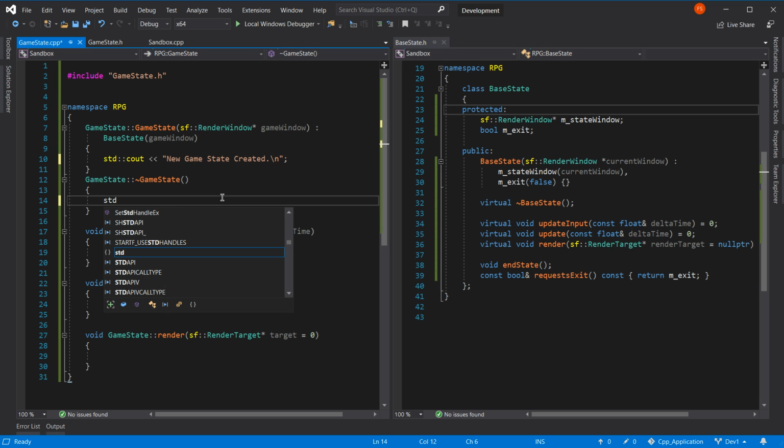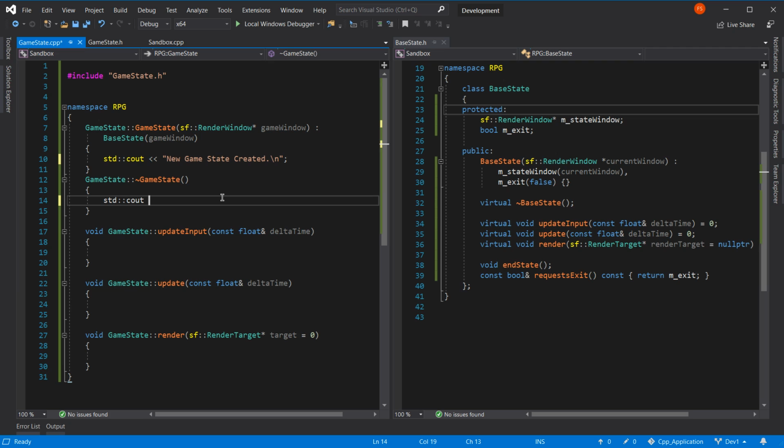And here we go for std cout, and that is going to be something like that. Will do, I think. Yeah, that'll do. Input data, or update input. What do I want to do in that? Alright. If